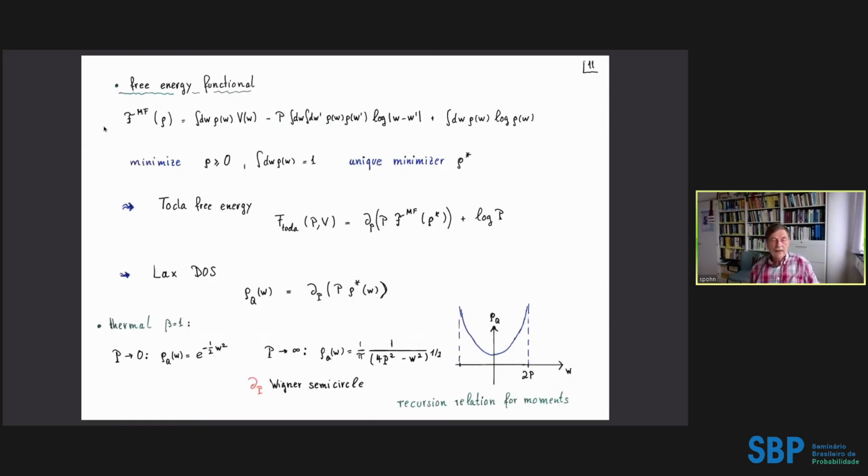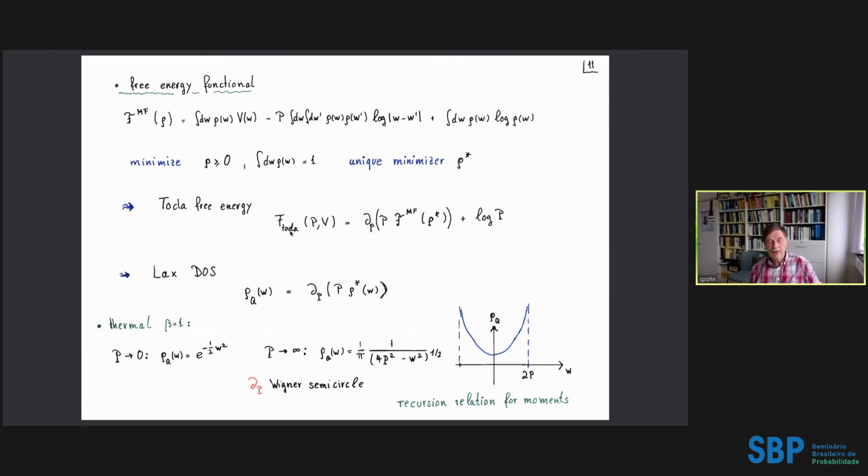So you find a nice free energy functional, where this is the confining potential, this comes from the interaction, and this is the entropy term. And then the assertion is that this functional has a unique minimizer under the constraint that the empirical density should integrate up to 1. Once I have this unique minimizer, then I'd have to do this derivative